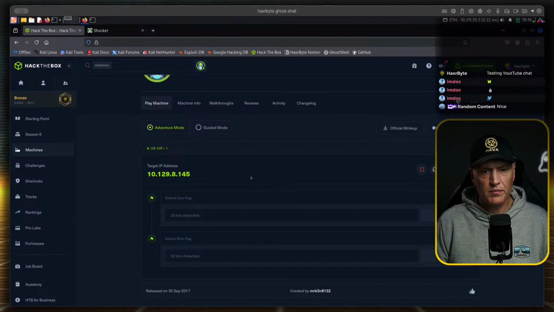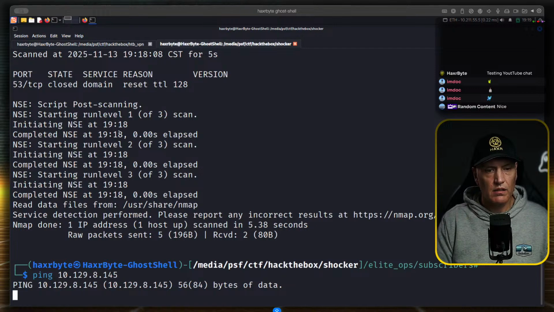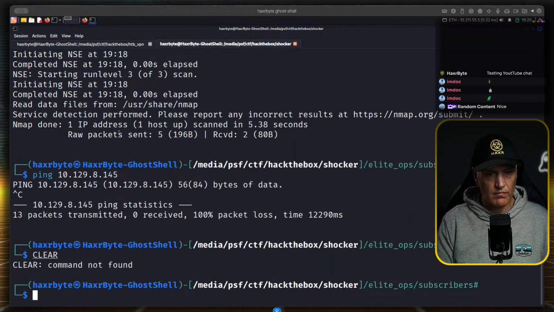Okay, it seems like it's the same IP address. It just came up. Let's try and ping it again. Oh no, it's not the same. It's not pinging. Wonder why it's doing this.